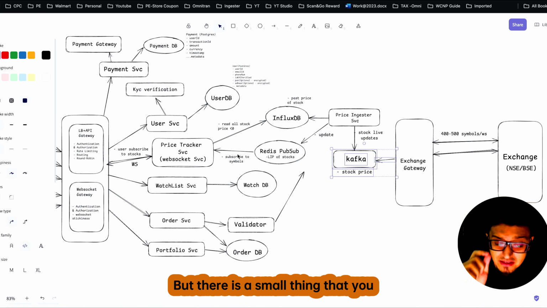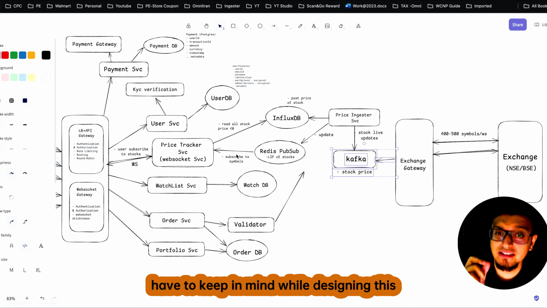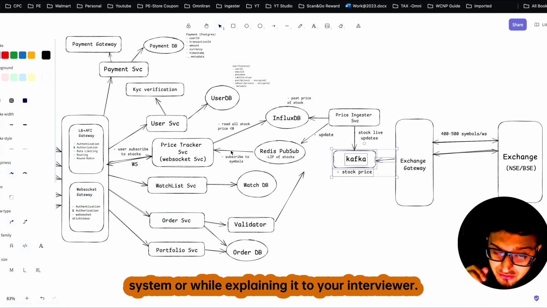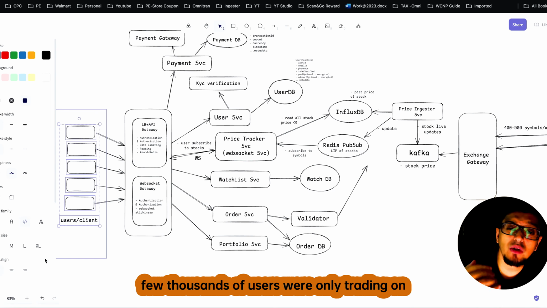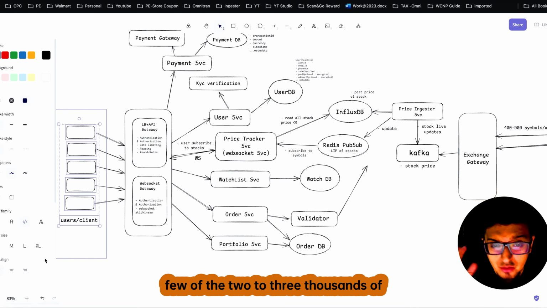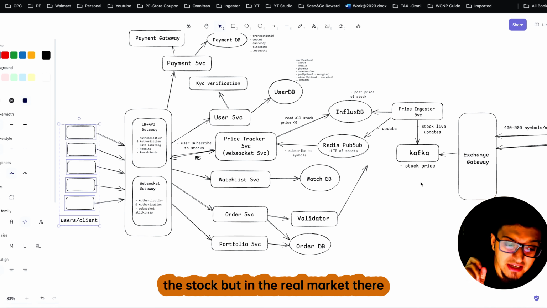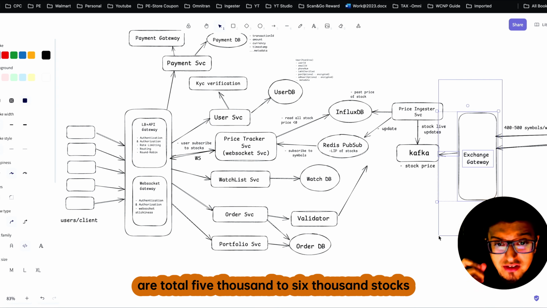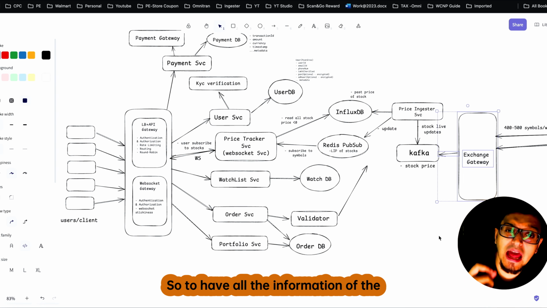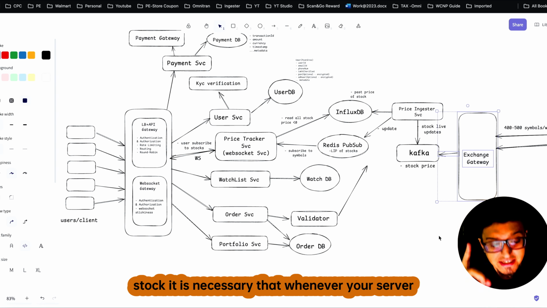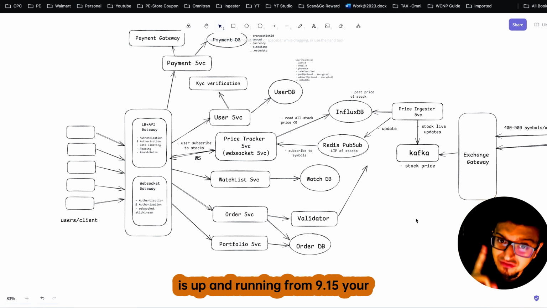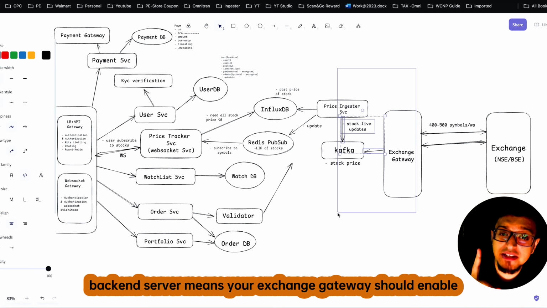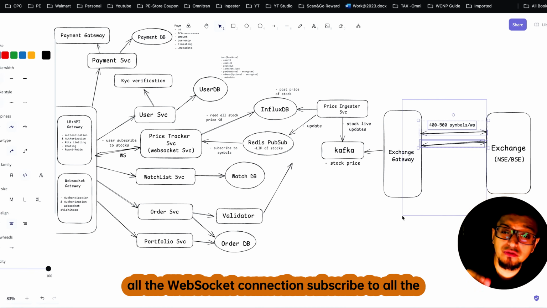But there is a small thing that you have to keep in mind while designing this system or while explaining it to your interviewer. If you remember, for example, a few thousand users are only trading on 2 to 3 thousand of the stocks. But in the real market, there are a total of 5,000 to 6,000 stocks. So to have all the information of the stocks, it is necessary that whenever your server is up and running from 9:15, your backend server, means your exchange gateway, should enable all the WebSocket connections,